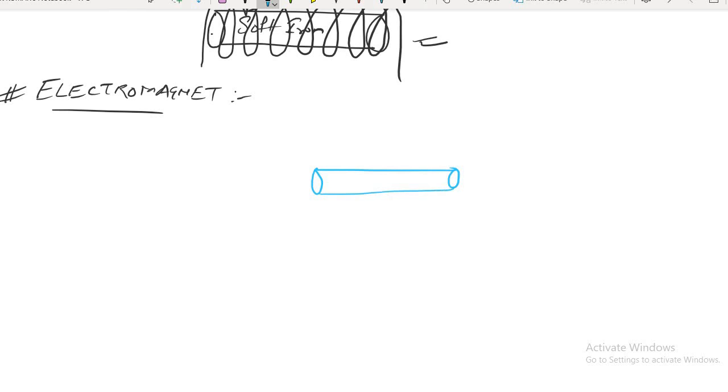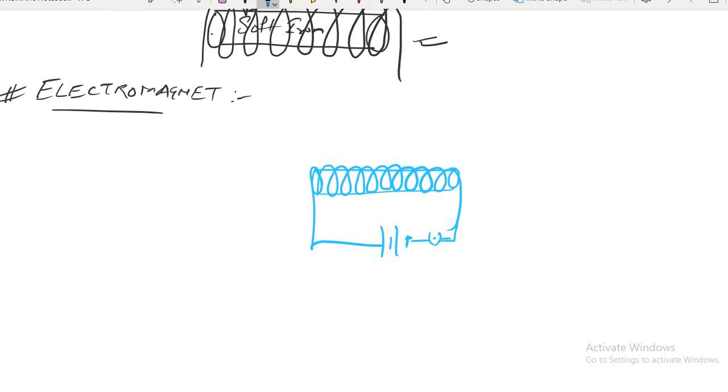Now, what I am doing, I am wrapping a wire over it, with a battery and a switch. Now come on, tell me what has happened in this. If I close the switch, what will happen?